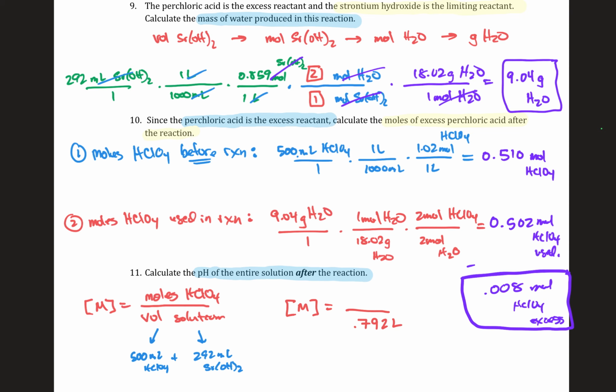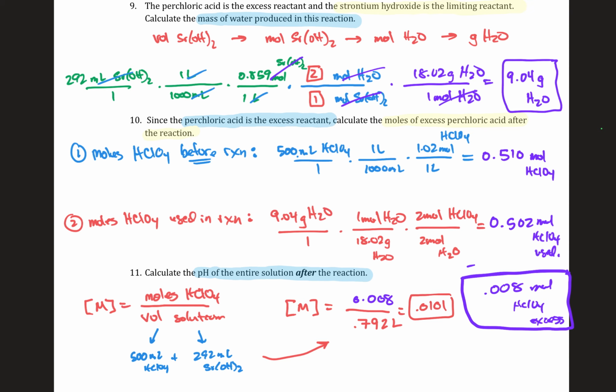We're going to assume that the total volume is just the sum of those two volumes that we combined, and that comes out to be 792 milliliters, which is 0.792 liters. Remember, molarity is moles of solute per liter of solution. We now find the molarity by taking our excess moles, 0.008 mole of perchloric acid, dividing it by the total volume of the entire solution, and we find that value to be